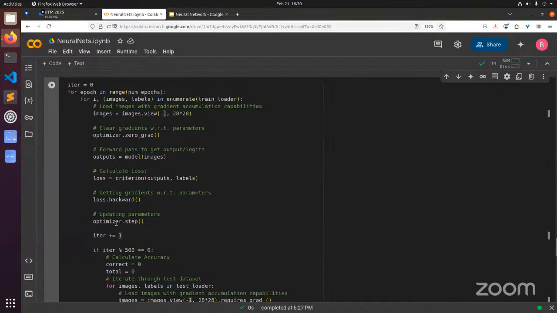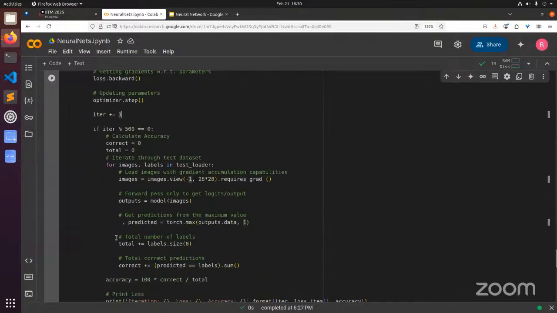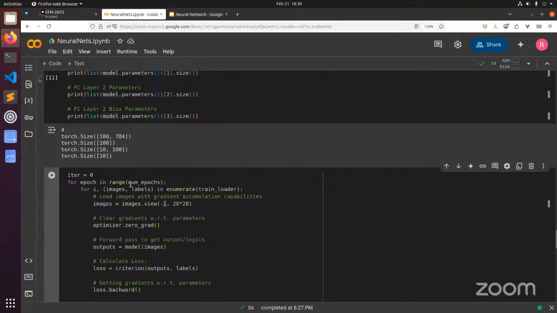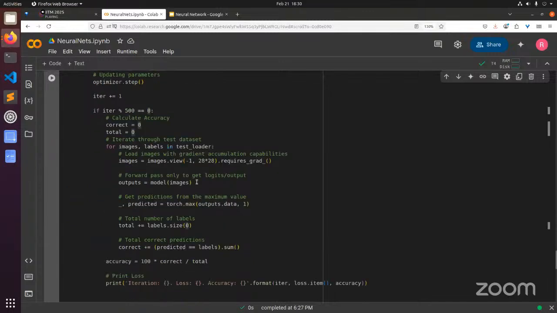You increase the iteration because you want to make sure that you do not have more than 3,000 iterations, or the number of epochs. So you increase your iteration, and as soon as you reach every 500 iterations, you want to check the accuracy of your model. So you start loading your test data, which is images and labels. You convert them into images and labels. This also does not require gradients. And once you convert them,